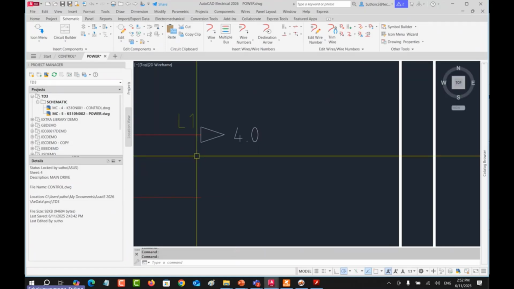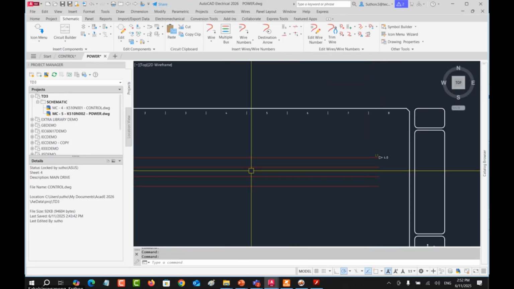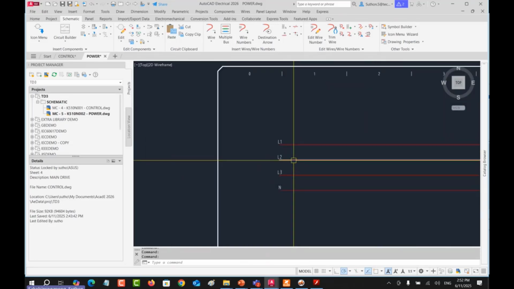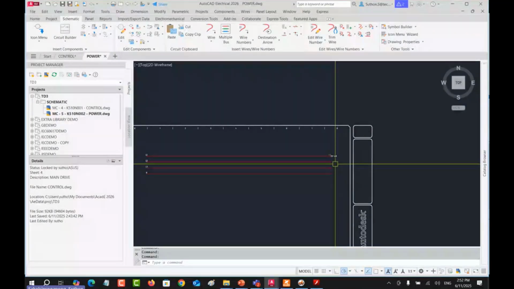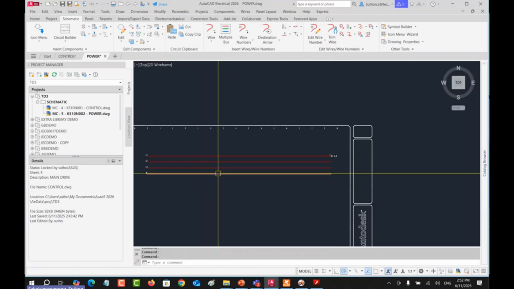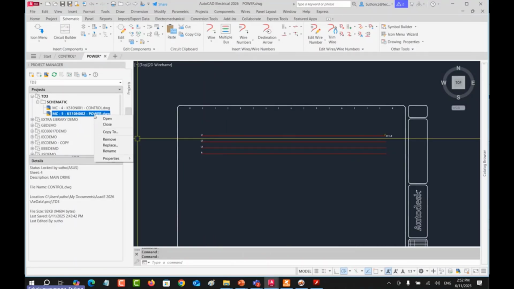The wire number here is also easy. If you want to change or connect to other pages, you can use the destination arrow to connect. I will show you.